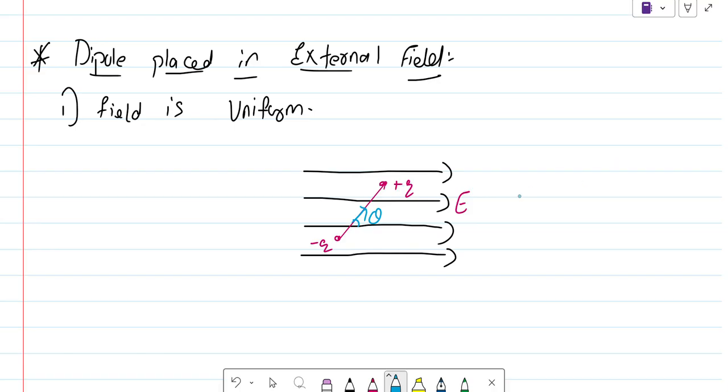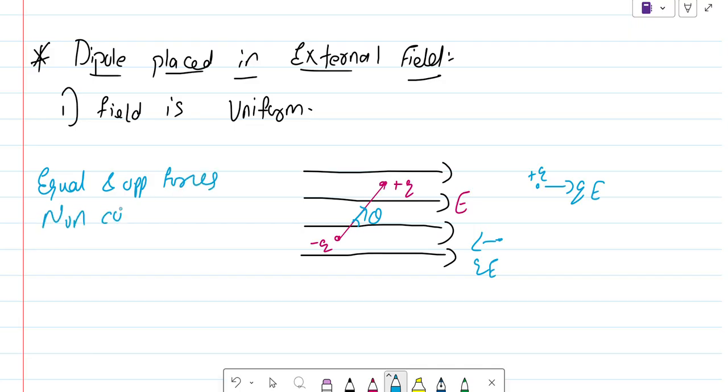So if we make its FBD, the q charge is here, and on it a force qE acts towards the right side, and the minus q charge is here, so the qE force on it acts towards the left side. As you can see, equal and opposite but non-collinear. Equal and opposite forces act on the system but they are non-collinear. So non-collinear equal and opposite forces, they do cancel each other but they also generate a torque. So here the net force becomes zero on the system, but because they are non-collinear forces, they generate a torque